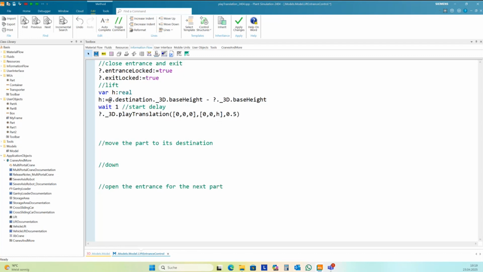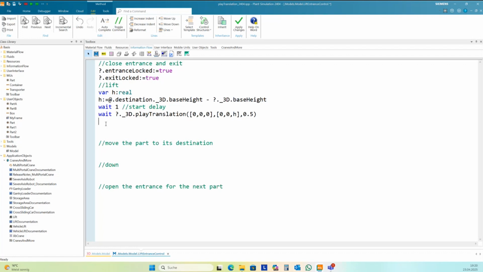And this method, plate translation, it returns the time it needs to move from this position to this position here. And so we can just place a wait before this to wait until this movement is completely finished.